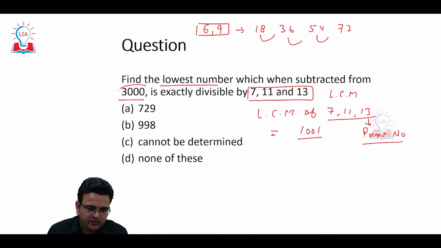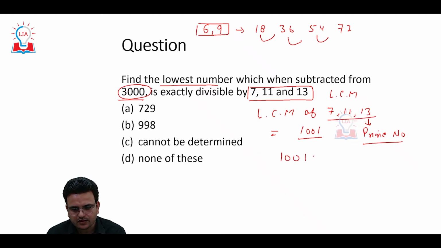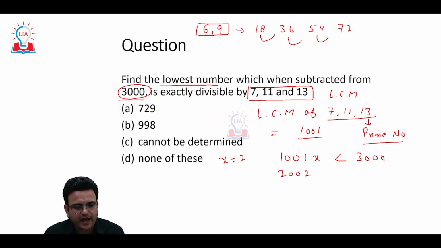Here the value we have is 3000, so we have to reach up to 3000 or less than 3000. So x can be 2. When we put the value of x as 3, it will be more than 3000.